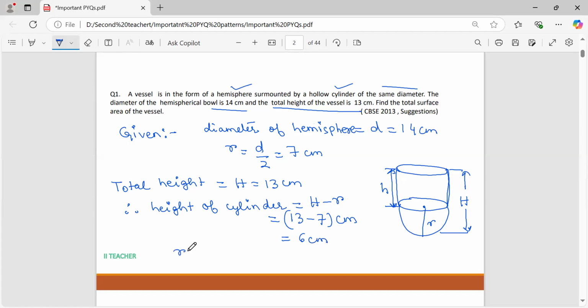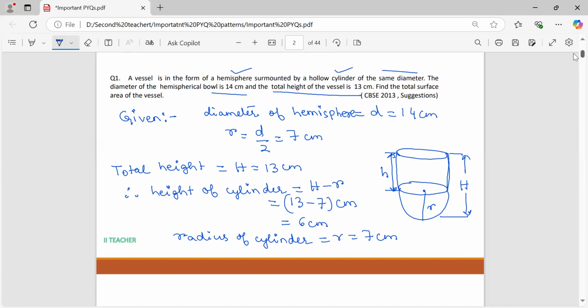And radius of cylinder is the same as that of the hemisphere. Radius of cylinder is the same. So we will take it as R and that is equal to 7 centimeter. Right? So I have data for the hemisphere and the